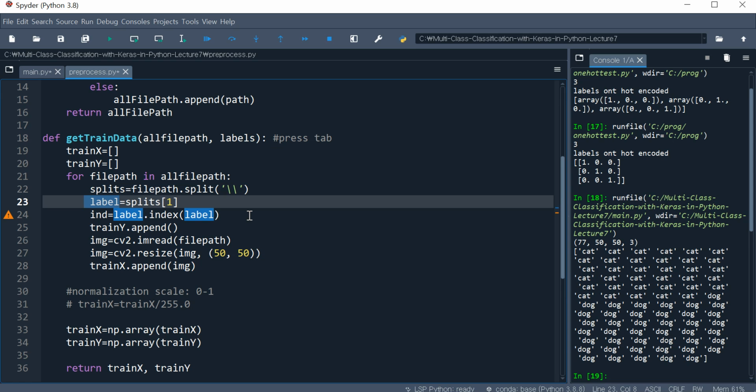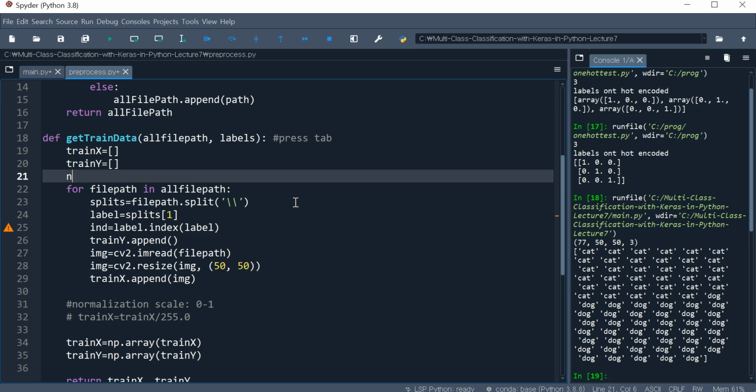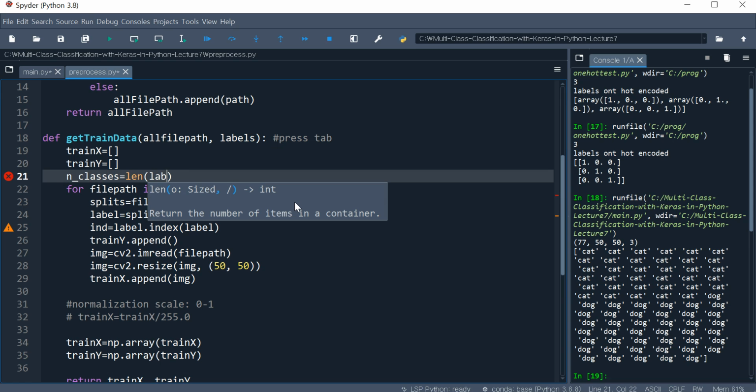And because there are two categories, let's get number of classes first, num classes, length of labels,